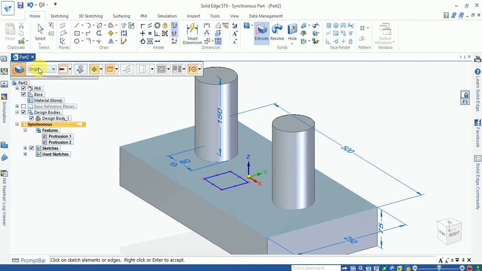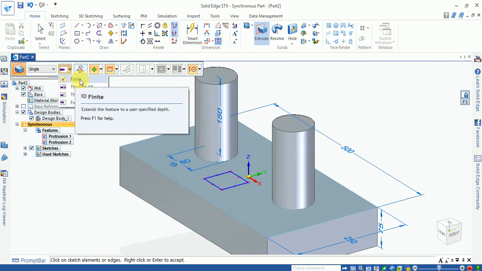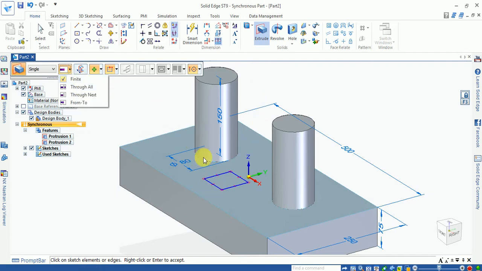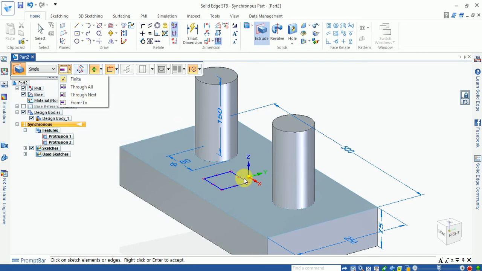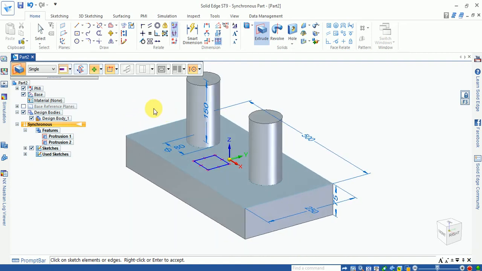Now you can see another option, which is finite. By selecting this, you can add the extrude value. This one is through all, which means you can cut or extrude up to all bodies or all features.